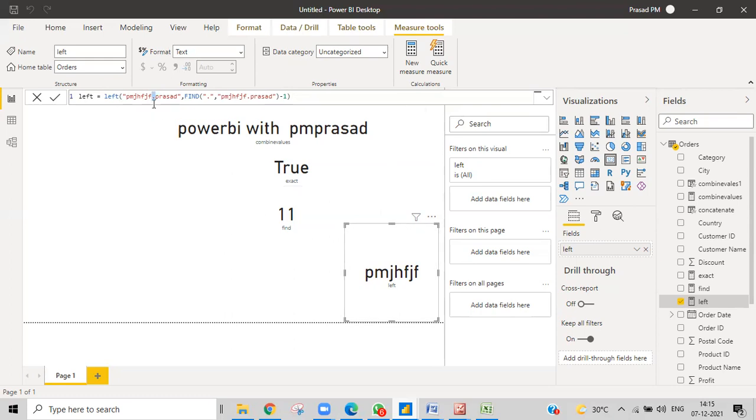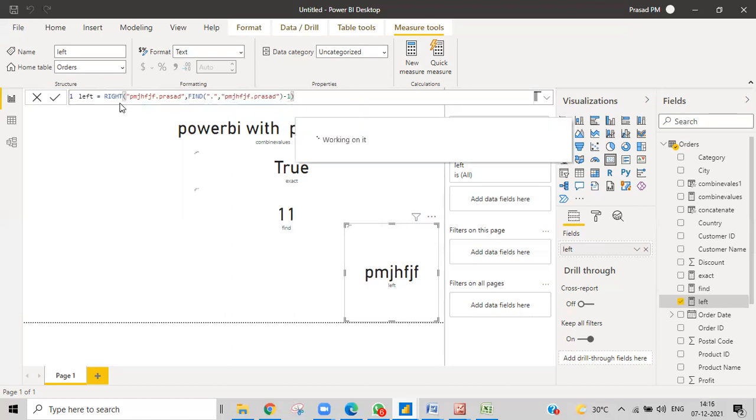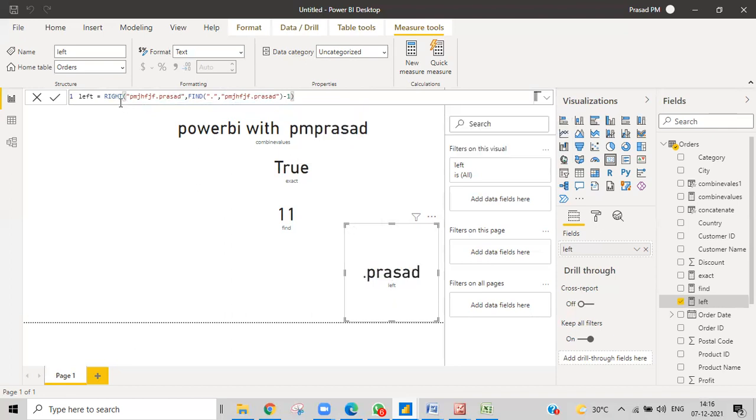What if I need the right part of that particular dot? Then we have to give Right, removing Left. I'll tell you what exactly this is. You can check the difference. You are getting the dot also.